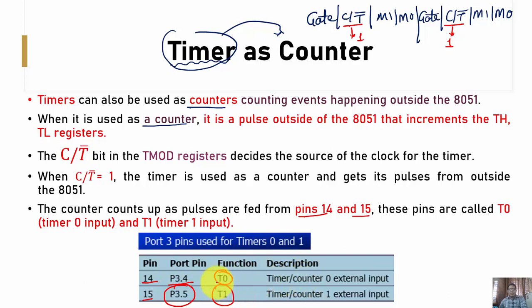When we configure timer 0 as a counter, whatever pulses are received on pin T0 cause timer 0 to increment by 1, which is the counter operation. And if we make this C/T bar bit 1 for timer 1, configuring it in counter mode, then the pulses received on the T1 pin will cause the timer content to increment by 1.